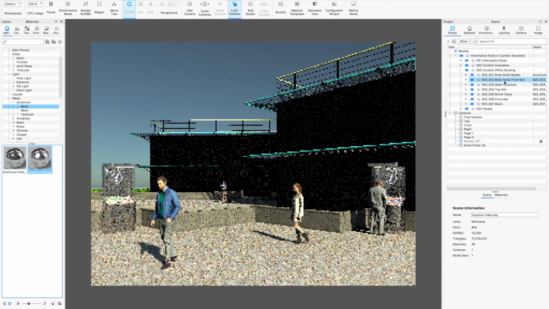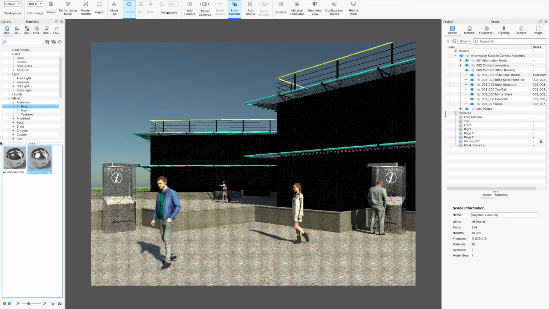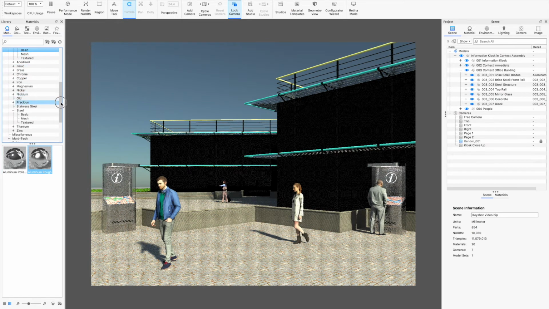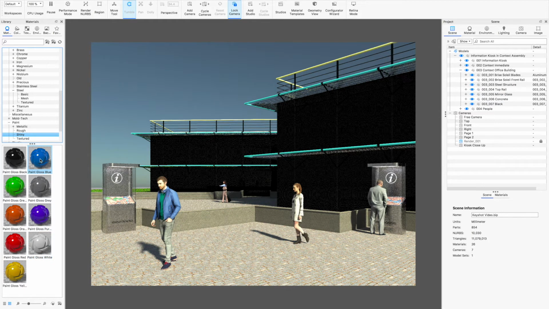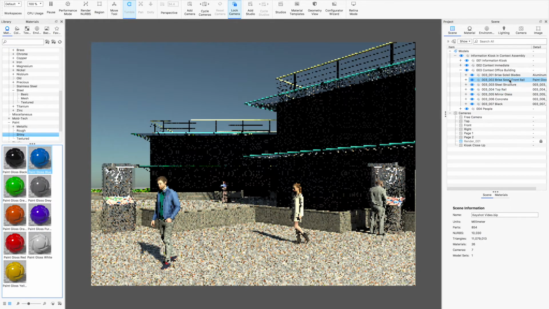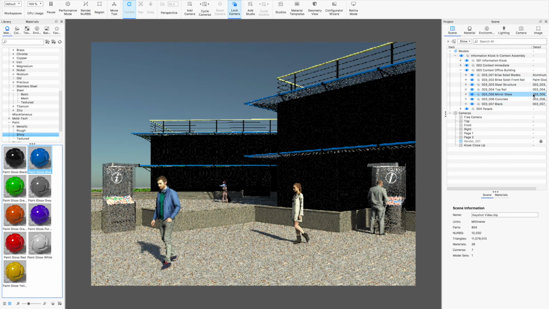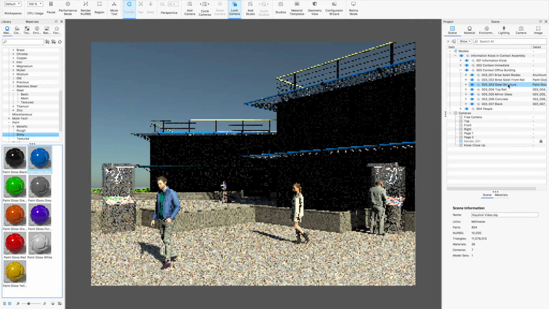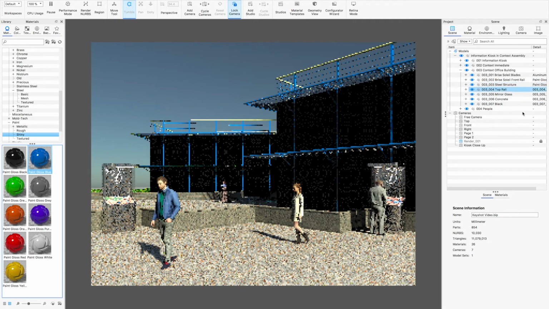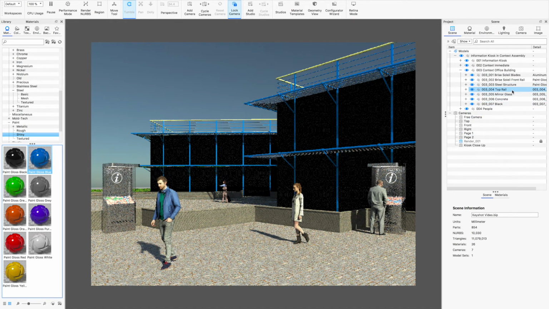For the front rail of that brise-soleil, I want that to be a painted blue color, so I'll go to my paint materials, shiny, and I'll just use gloss blue. I can always adjust this material later on. Okay, and I also want the steel structure to have the same gloss blue, and then I want the top rail to be a gloss yellow,